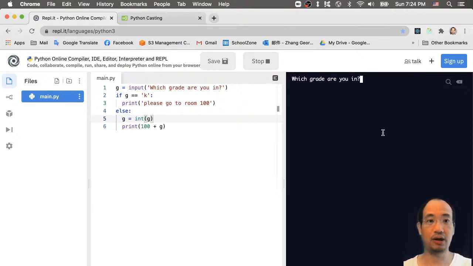and which grade are you in? I'm in the kindergarten, and then you should go to the room 100. And of course, I want to fix this problem because I should say please go to the room 100, right? So what I suggest you to do is just type here,